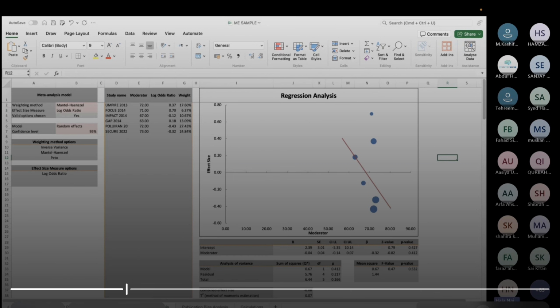ठीक है? Now click on the moderator analysis tab. You're on this screen, and just follow me what I'm trying to tell you. ठीक है? अच्छा, तो सबसे पहले तो what you can see, this entire graph on the right hand side, जिस पे regression analysis लिखा है, this is called a bubble plot. ठीक है? Bubble plot में आपको कुछ चीजें दिख रही होंगी, which means that the circles represent individual studies. The red line is the line of best fit.